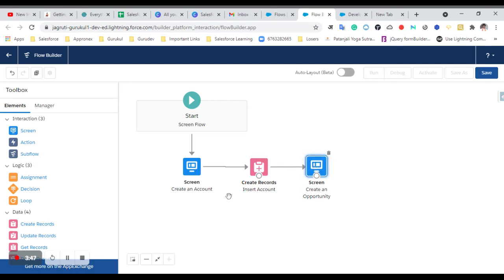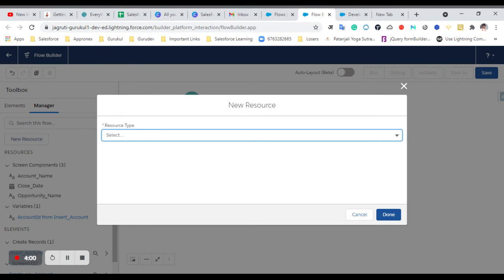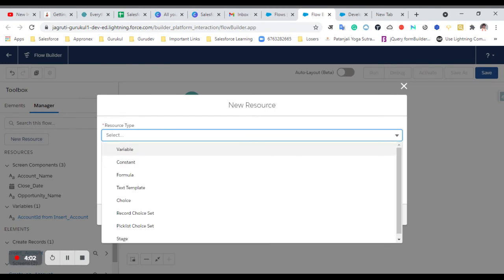Perfectly fine. Now I want to use a pick list field here. So for a pick list field, we need to create some resource. So resource is nothing. If you are a developer, then you will be familiar with variables. So same kind of thing is available here. So resources will hold some kind of values, formulas, or some text template, all the options that you are able to see here, and it will just hold the value, and wherever we want to use we can use them.